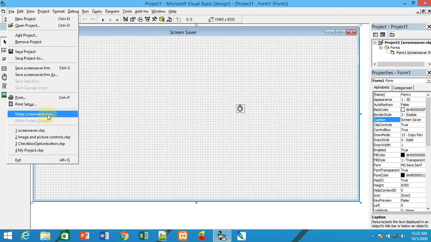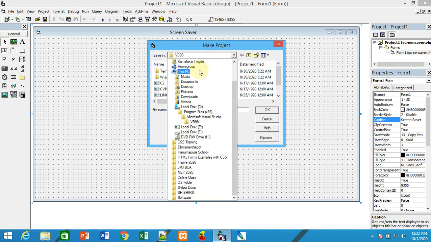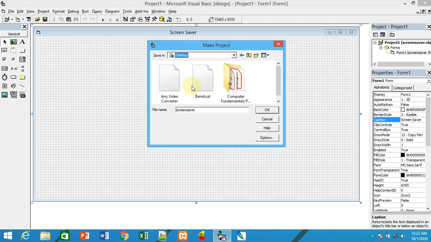Click on Make screensaver.exe, but you should not say exe. I will choose the destination as desktop, and screensaver will be the name, or whatever name you want, with the extension .scr.